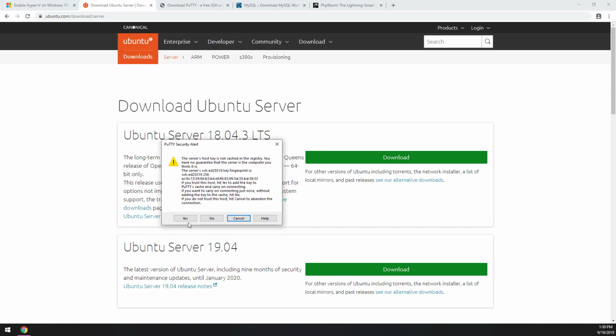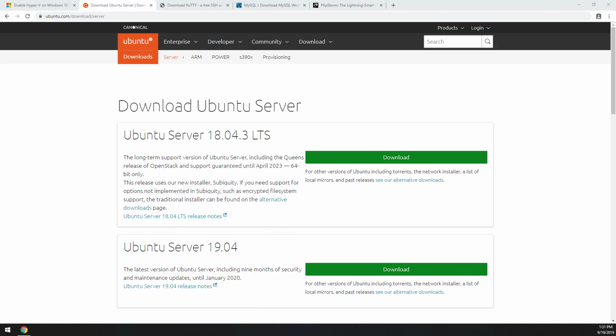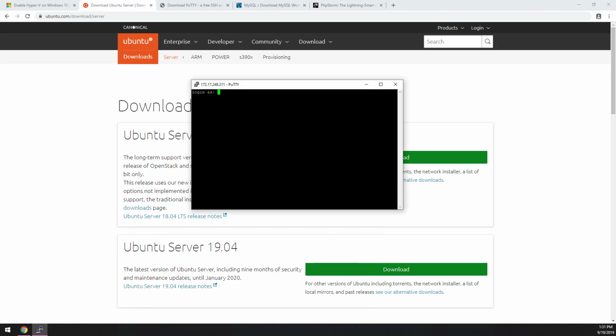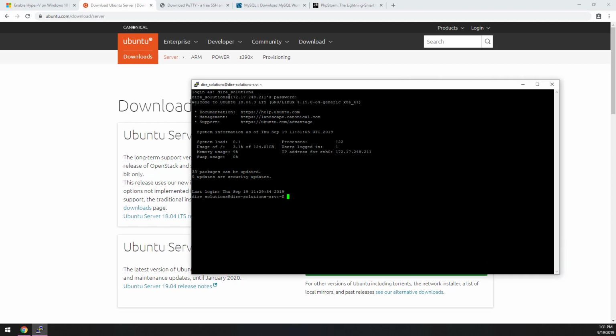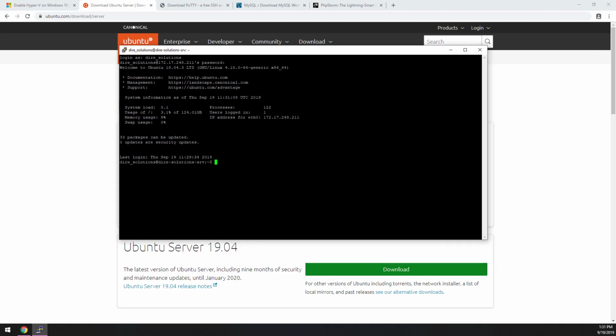We will get the security alert, we will say yes, and we will log in as before with the username and password. So in order to continue, we need to do a few things. First, switch to sudo user, type in the password, do the apt-get update,